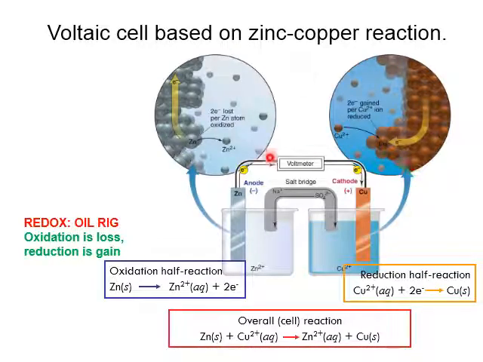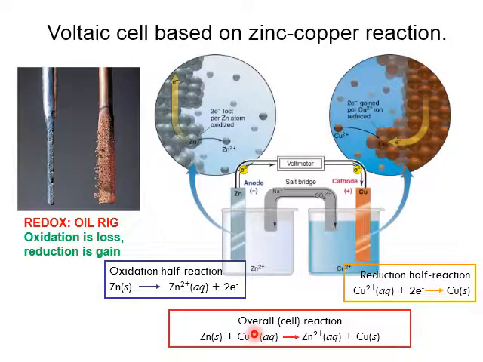Okay, so you must also know the oxidation half reaction, which is zinc to Zn2+, and also Cu2+ to copper, reduction, gaining 2 electrons to become copper. So the overall reaction can be written as this. Okay, so this is what happened when you lost. So meaning that on the zinc strip, basically,